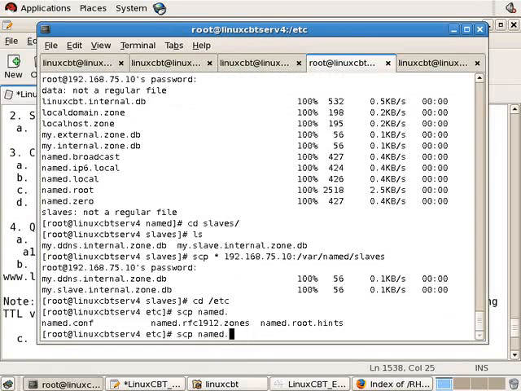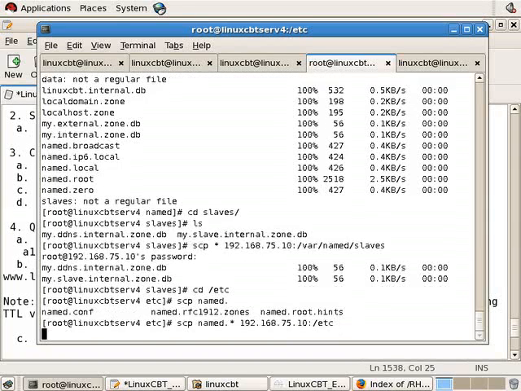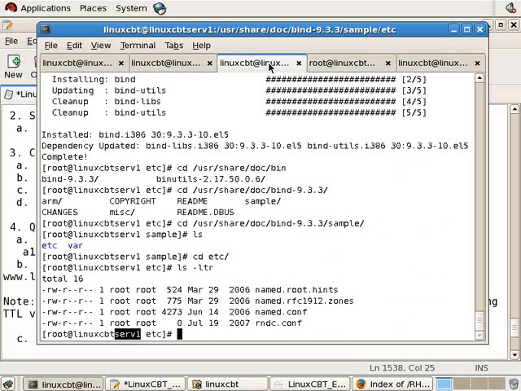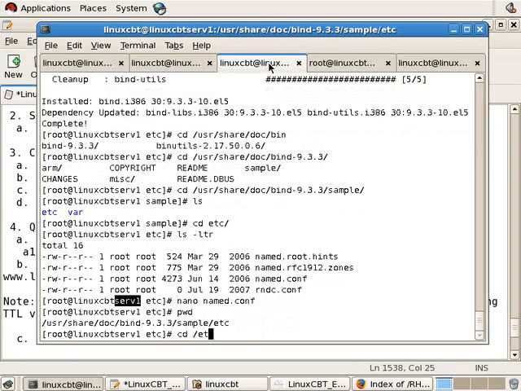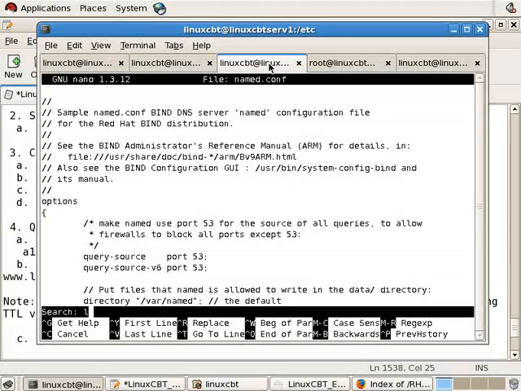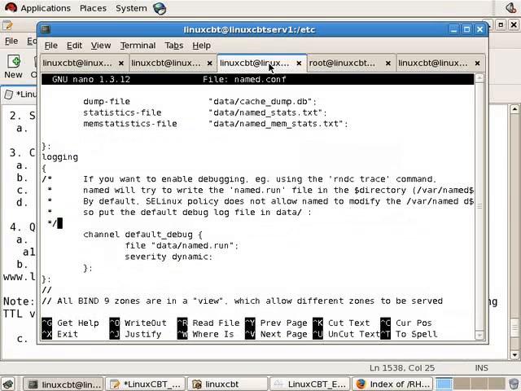And in fact, we'll just copy named everything to the remote system, etc. So we've copied the files, and back on the remote system, we may now take a look at named.conf from etc, not from the sample directory, where we'll find the Linux CBT zone,